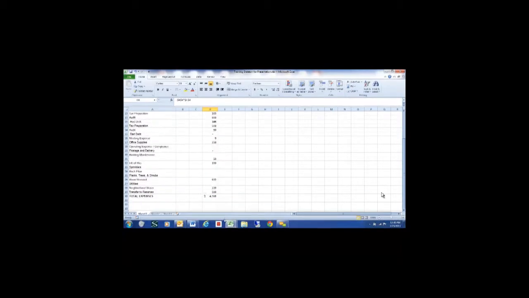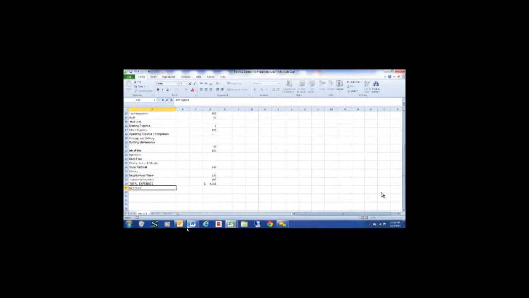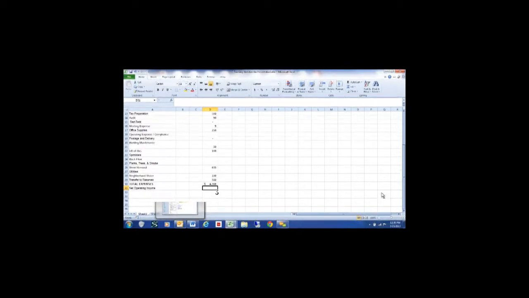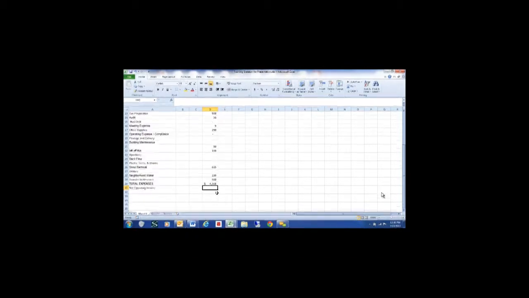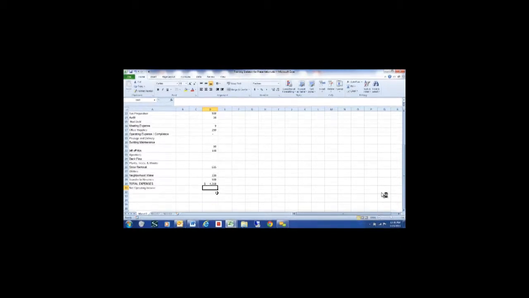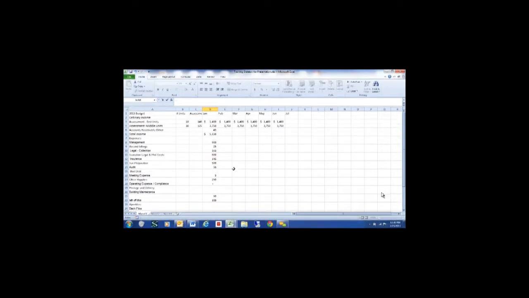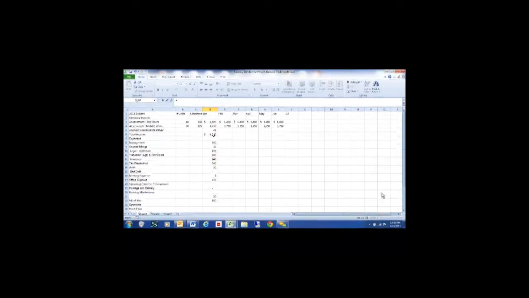Okay. I'm going to do a little bit more math here. I think I left a space down at the bottom for the net operating income. Okay, so another formula. And what do I need to do to compute net operating income? I need to subtract the expenses from the income. So my way of saying it, instead of saying cell references, I would say the formula should read equals income minus expenses. And the way I type that is I hit my equal sign, I scroll up, I touch my total income,